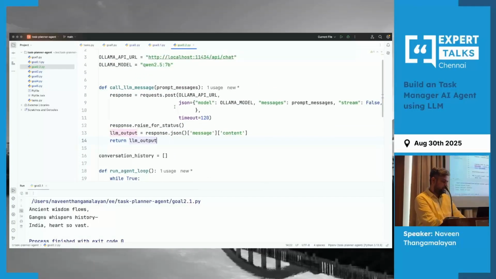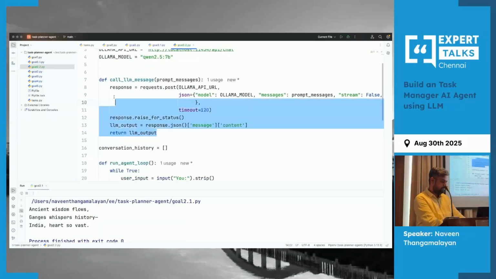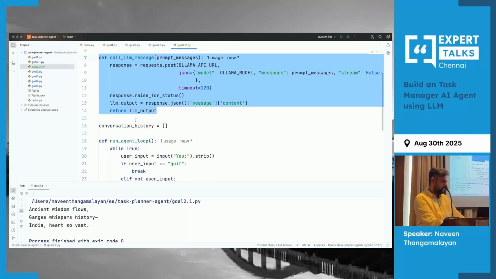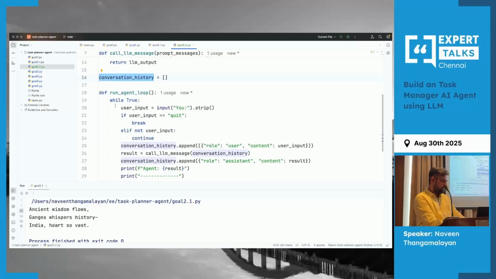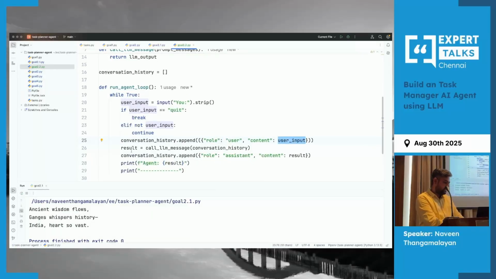So now if you could see, this is the same thing. I'm just skipping it out. We have an array to store all the conversation history, and it is the same infinite loop. But if you could see, we are adding the history of conversation that the user has made. We are putting the role as user and adding the user input in the content. And similarly, whatever result comes to us, we are appending that to the conversation history as a response from the LLM. Now, if I run it,